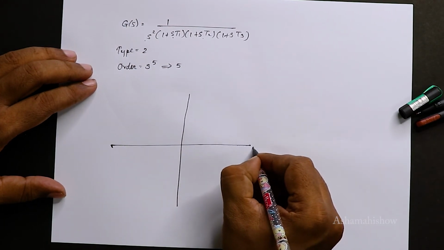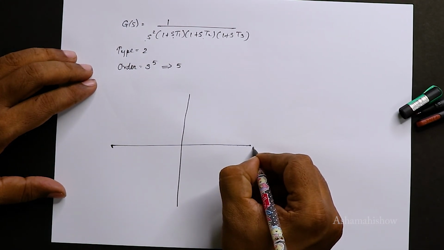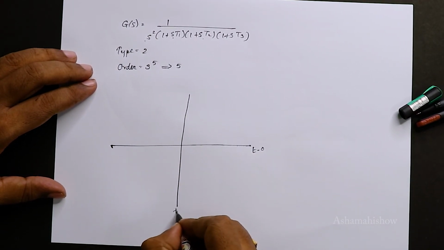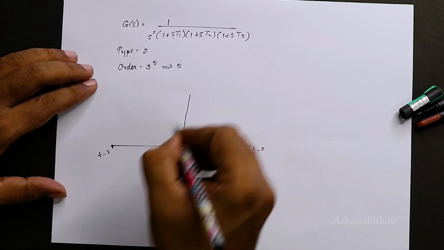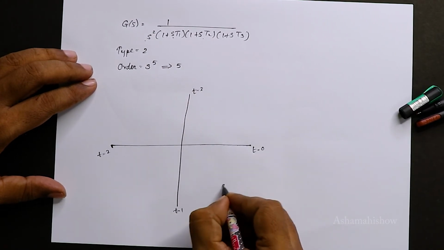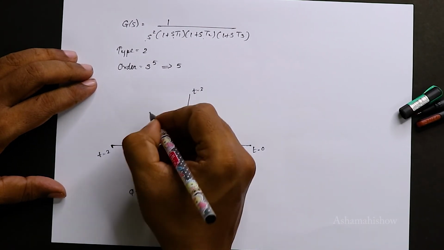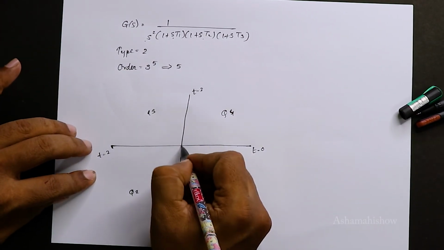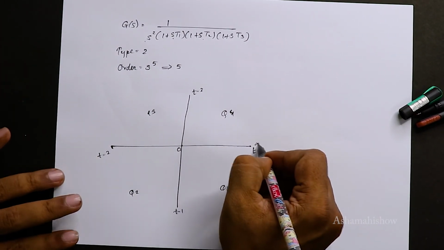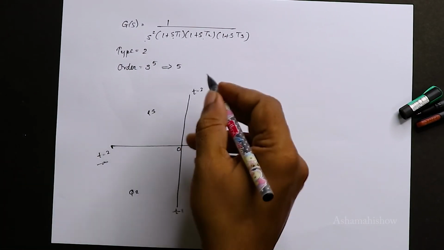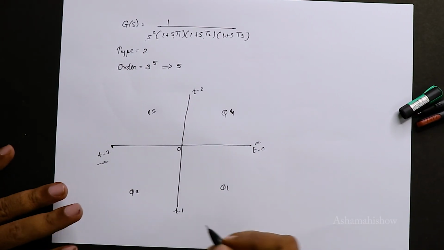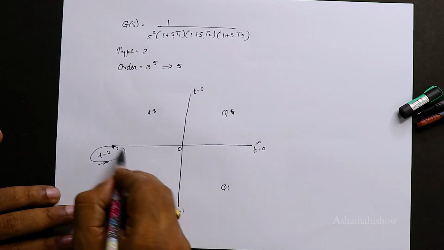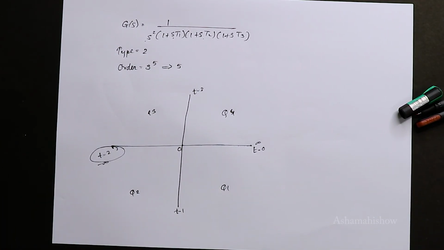Okay. Don't panic now. I'll tell you how. So type equal to 0, type 1, 2, 3. We got 3 types. Okay. And this quadrant 1, quadrant 2, quadrant 3, quadrant 4. Okay, and this is 0. Obviously the outer things are infinity, minus infinity. If we take an imaginary, this becomes j infinity and minus j infinity. Okay, now your type 2 is situated here. Very good. Now what is the order? Order is 5.